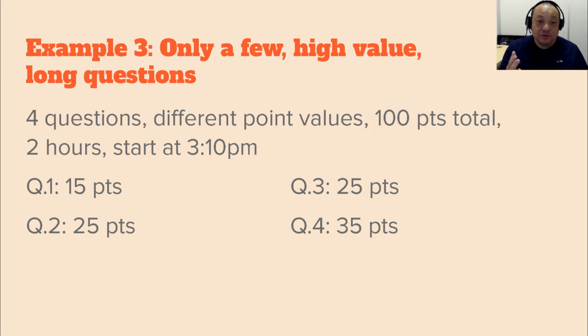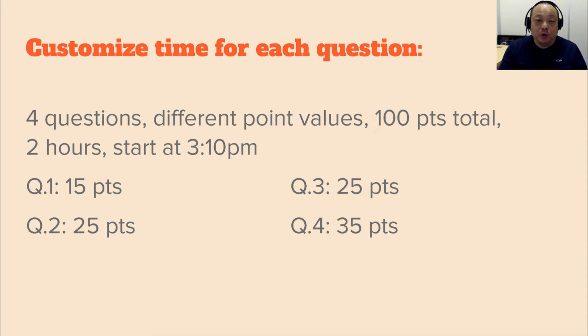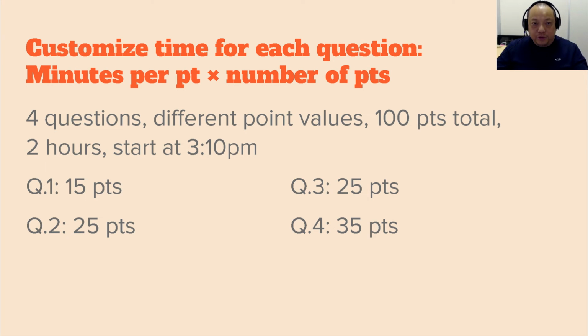Usually not short answers. 4 questions, 100 points total, 2 hours, start at 3:10 p.m. Question 1 is 15 points, question 2, 25 points, question 3, 25 points, question 4, 35 points. Since these are high value questions, they deserve their own custom time allocation and not just the generic 25%, 50%, etc. We do it by computing how many minutes per point, then multiply it by the number of points for each